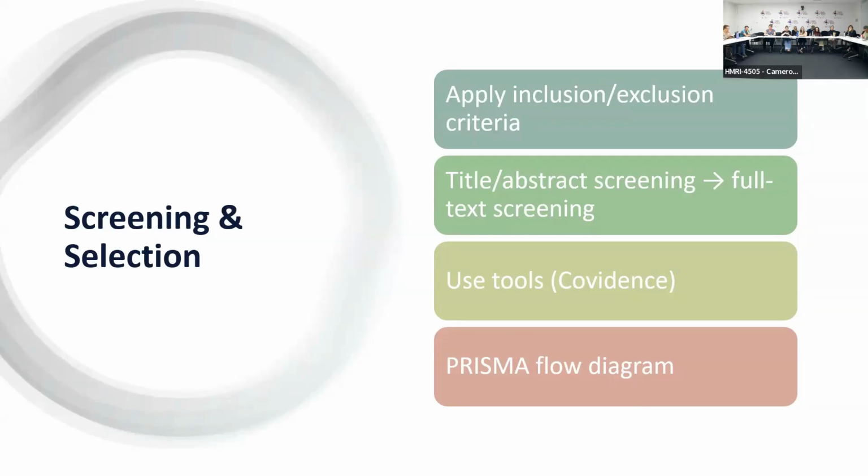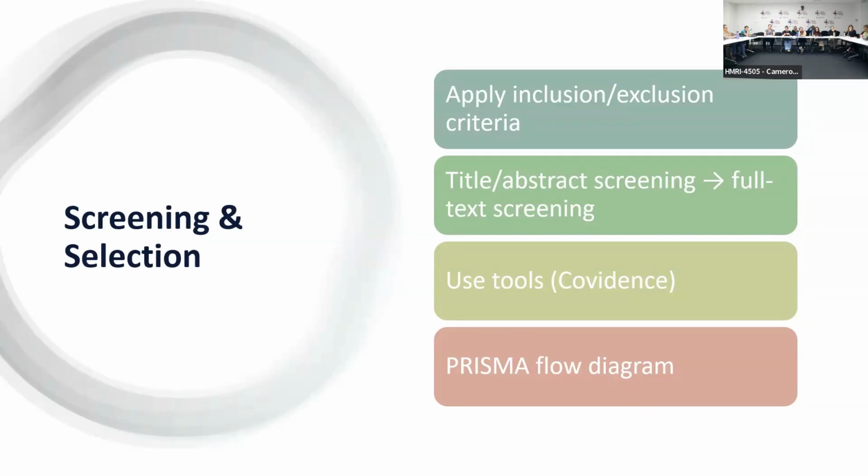You get to go on to data extraction, so you click include. Or it hasn't got an Australian population and I only care about this in an Australian population, so exclude, and then it'll give me a drop-down list of reasons, all logged and reported at the end. I'm going to say it's the wrong population type or wrong study design or whatever that is. So that's when you exclude that, and then what I end up with is a beautiful list of full text articles that I'm going to go through and extract.